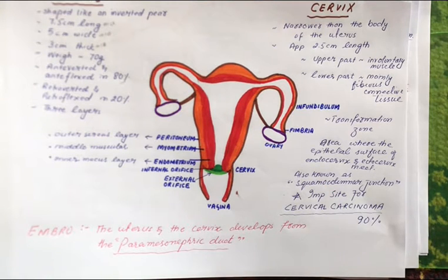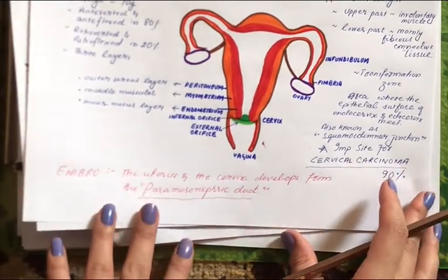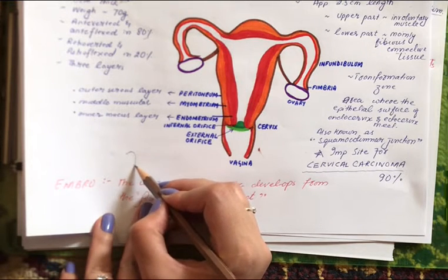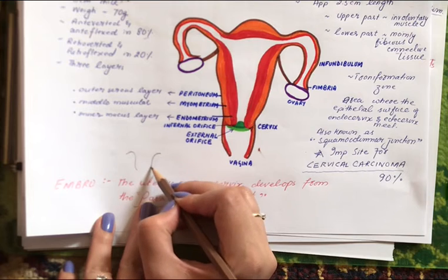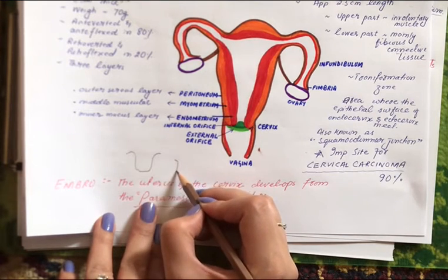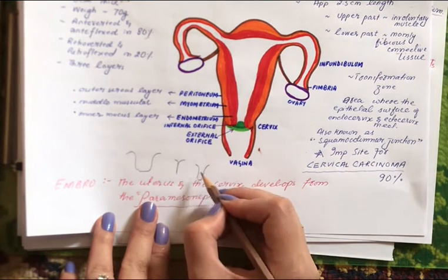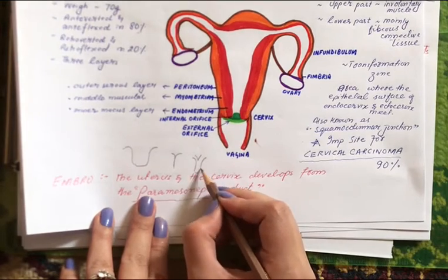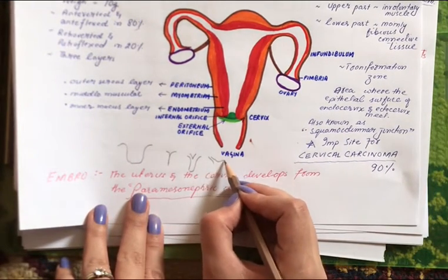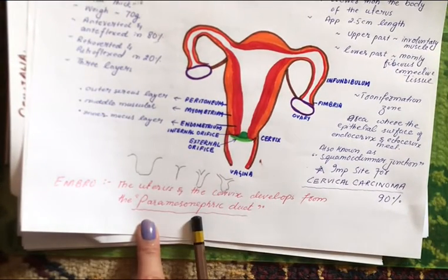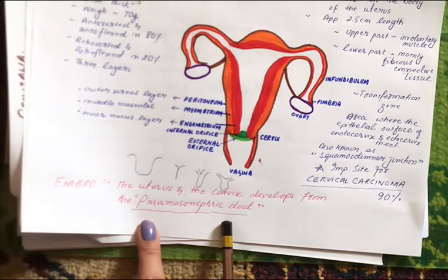The uterus and the cervix develops from the lower end of the paramesonephric duct. If you remember from the previous lecture, I showed to you that there was this diagram with the paramesonephric duct from both the sides. They fuse, and when they fuse together, the middle part canalizes, and this part develops into the uterus and the cervix. So the uterus and the cervix develops from the paramesonephric duct, and their blood supply of